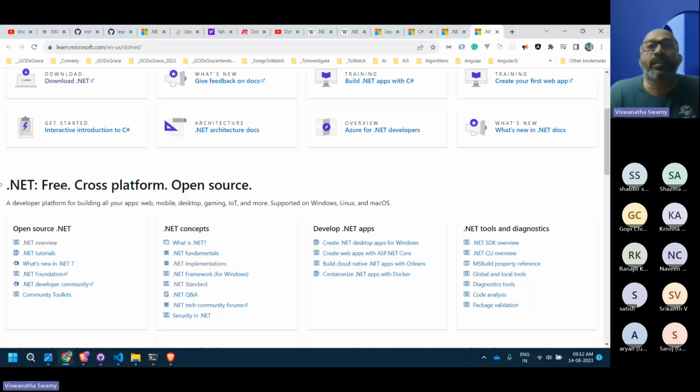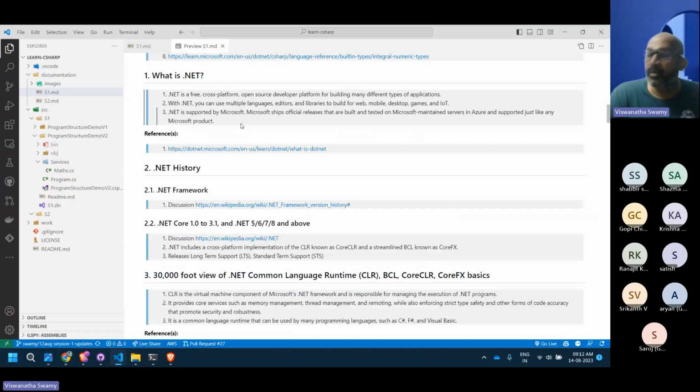Then .NET supports multiple languages. Some of the ones we see are C#, F#, and some other .NET compliant languages.